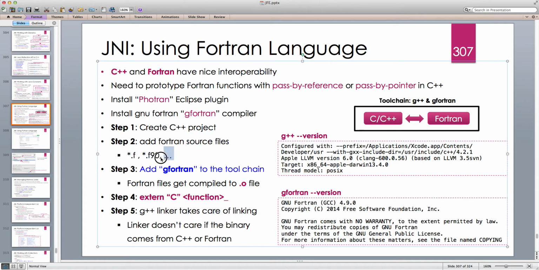For Fortran, we only have a source file. There is no concept of a header file. So we just have this Fortran source file, and you add them to your source folder of your C++ project. And then if you just build the C++ project,